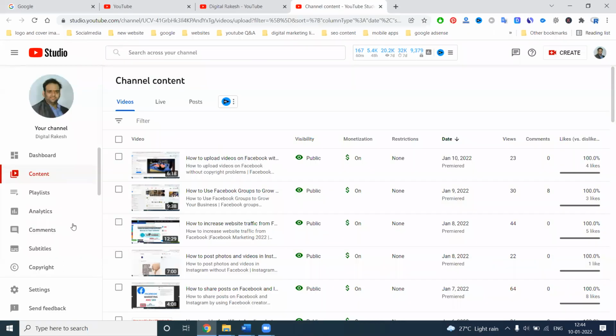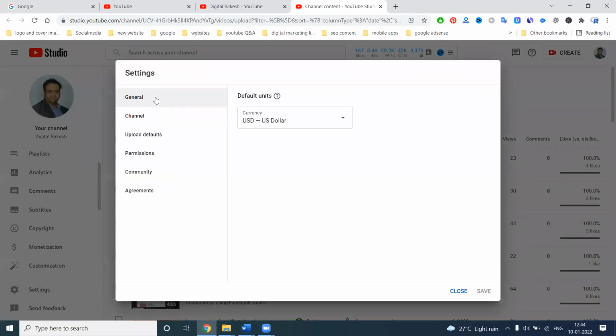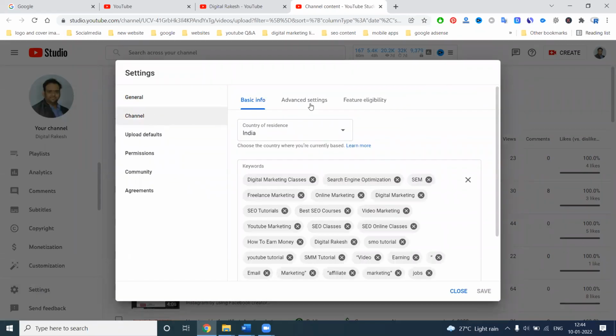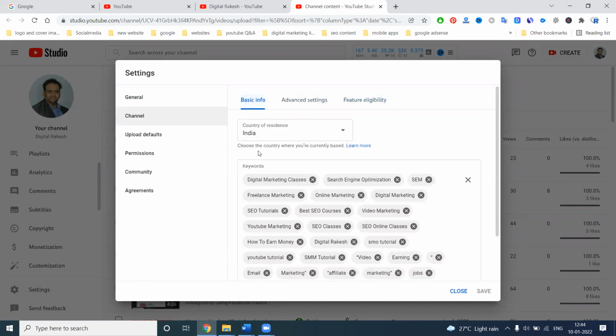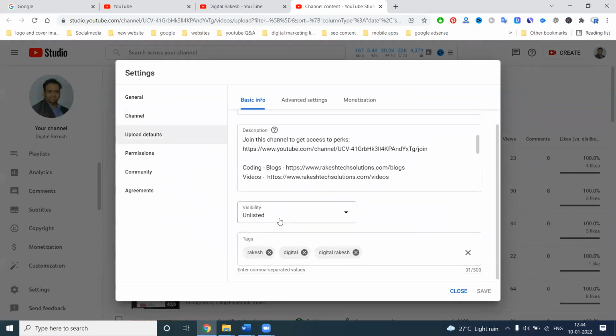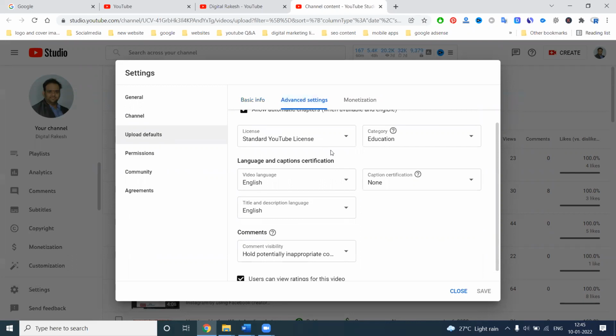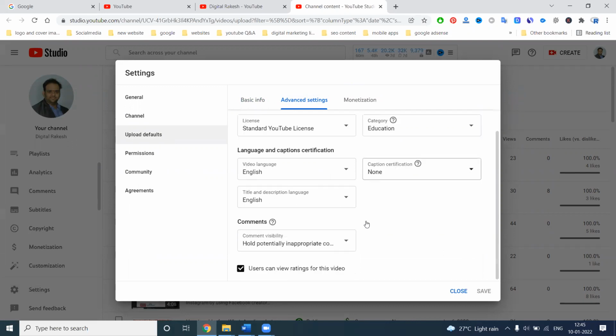Before uploading any video, we can set particular options: channel settings, advanced settings, and feature eligibility. We can check all of this before uploading. The visibility being unlisted is compulsory and important. Any video we post should be unlisted first. After that, we check which chapters are eligible, such as standard, education, English, and